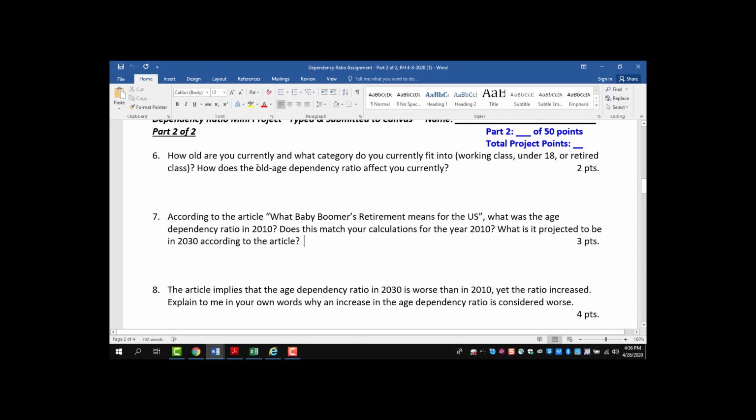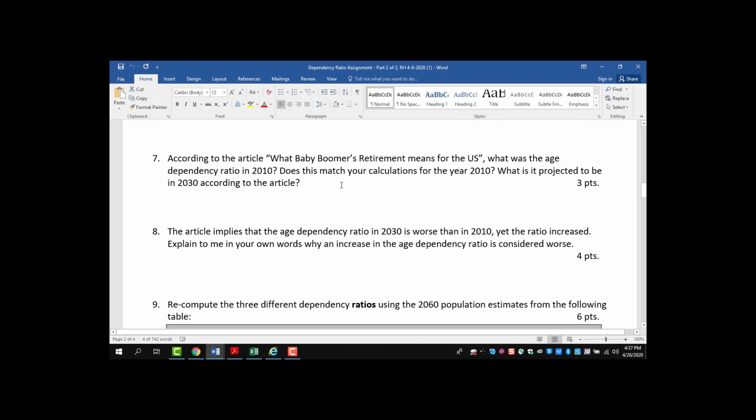So you just have, how do you allocate resources? I mean, that's what it comes down to. The allocation of resources, because you have so many old age people and the ratio has been increasing. So you have more and more old age compared to working class. So when the ratio gets higher and higher, more and more income has to be diverted to the old age instead of like infrastructure or whatever.